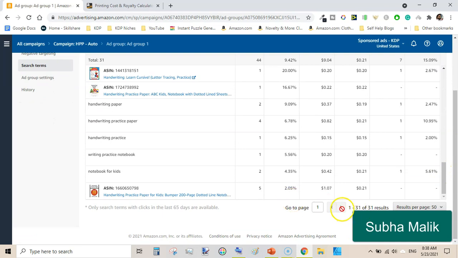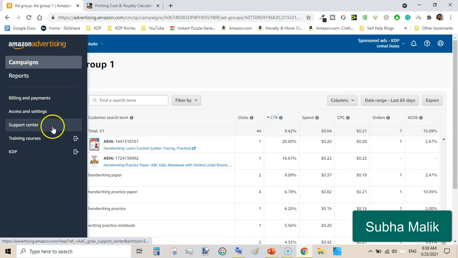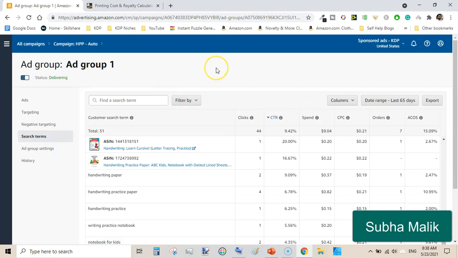I can't see any keyword lower than this. Then you can simply copy the keyword that has the lowest click-through rate, and add it into negative targeting as well.